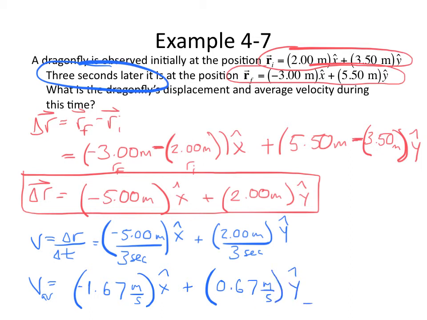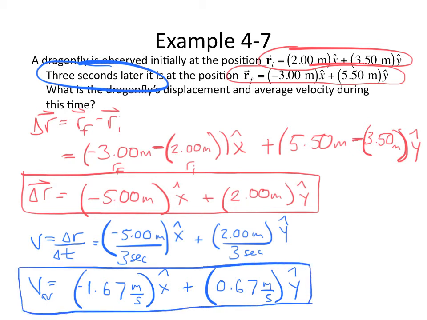And that, my friends, is our average velocity in unit vector notation. One more step, but it really isn't that hard because we're simply dividing our unit vector displacement by time to get a new value for our velocity unit vectors in the x and y direction. So that's example 4.7. I'm going to give it a break right now and come back and do example 4.8